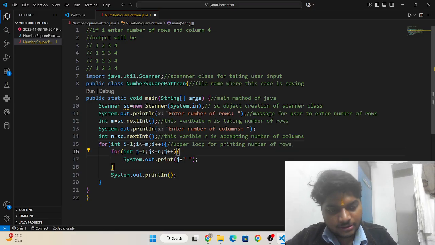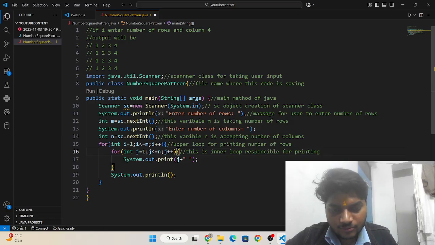Okay, and this is inner loop, this is inner loop responsible for printing columns.